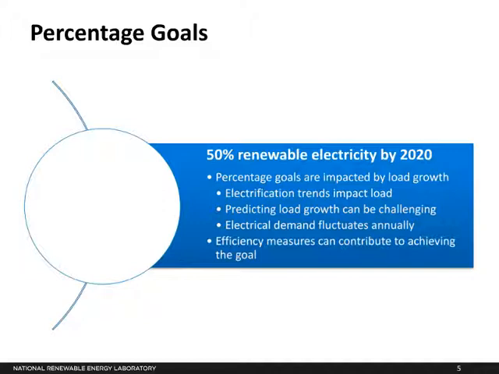So balancing the amount of renewables that you'll procure or build over time with the growth of your load over time in order to maintain the percentage goal is going to be a constant effort. Unlike the capacity goals, you can't just build another gigawatt of solar and be done with it. And even if you achieve your goal one year, you may have a very high electrical demand the next year due to maybe a particularly hot summer, or if you don't generate as much solar as you anticipate due to a particularly rainy summer, you may not meet your goal.